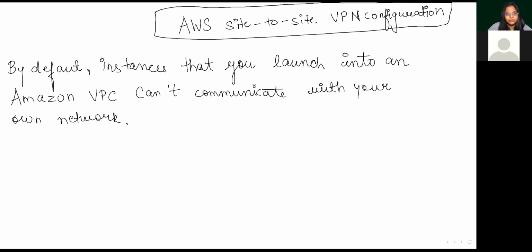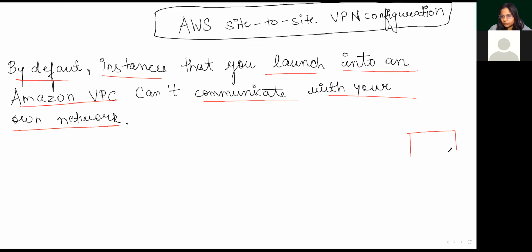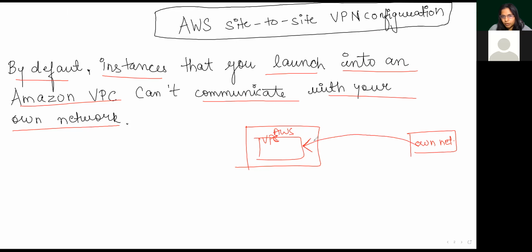So see, this is a condition. By default, an instance that you launch into an Amazon VPC cannot communicate with your own network. Means this is your own network, right? And here in the Amazon, you have created an Amazon VPC. Now you can't access this Amazon VPC from your own account because this VPC is created in Mumbai region and this VPC is created in Singapore region. So now to do this connectivity,